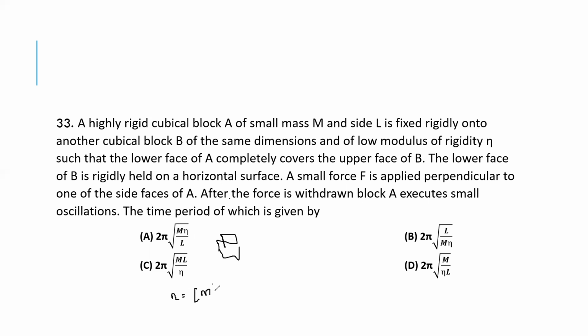Okay, the coefficient of rigidity eta's dimensional formula is written as M L raised to minus 1 T raised to minus 2, right? By substituting the values, we can check the accuracy of the given formula, right? So again, we can take here all the options and we can do this, or else here